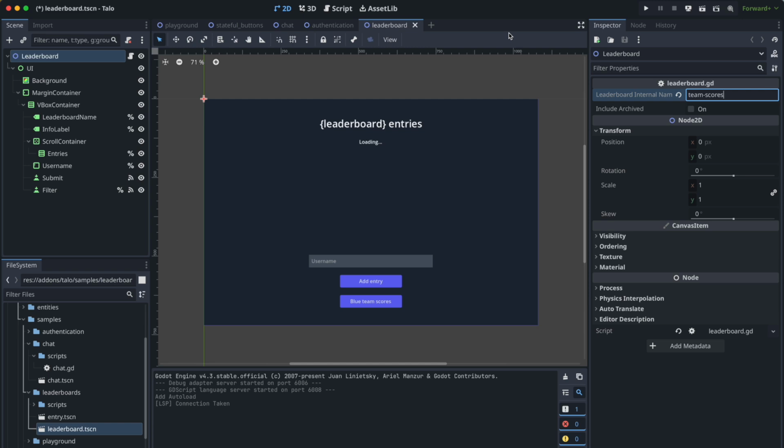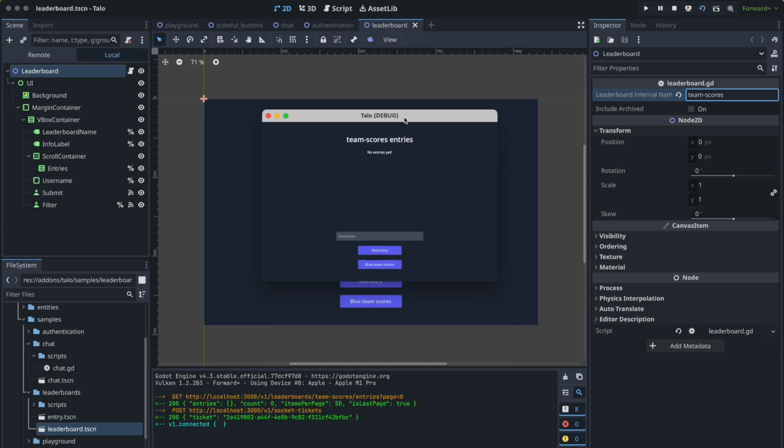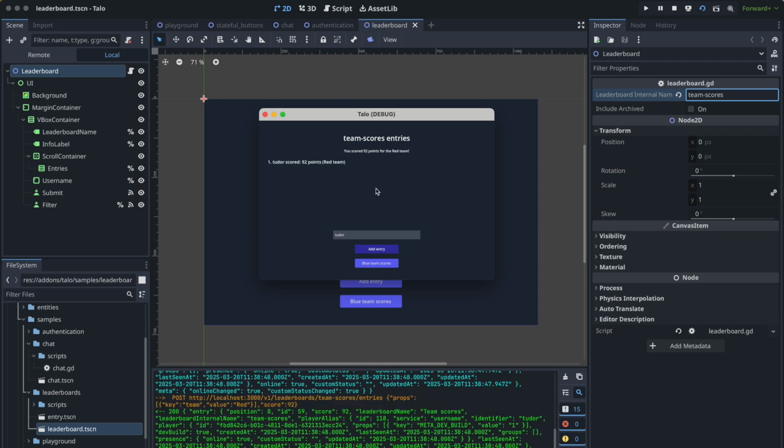So let's run the demo. As you can see, we've successfully connected and we have no entries yet. So let me just add an entry and add it. This demo essentially allows you to have a completely random team and a completely random score. So I've scored 92 points for the red team. I can add another entry. I scored 65 points. Because I've chosen unique entries only, it's only going to show the 92 because that was